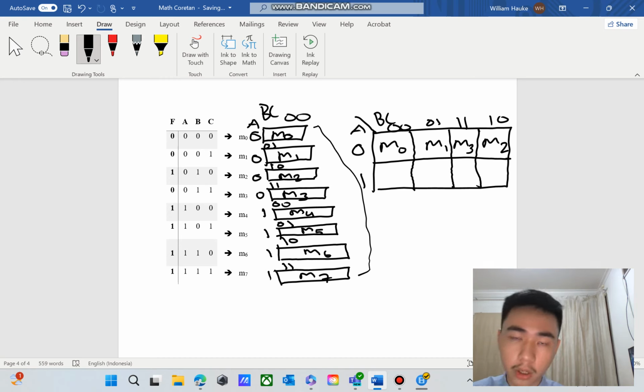Then the next one, where A is 1 and BC is 0, 0, which is M4. Then when A is 1 and BC is 0, 1, which is M5. Then where A is 1 and BC is 1, 1, which is M7. And then when A is 1 and BC is 1, 0, that means it is M6. After arranging